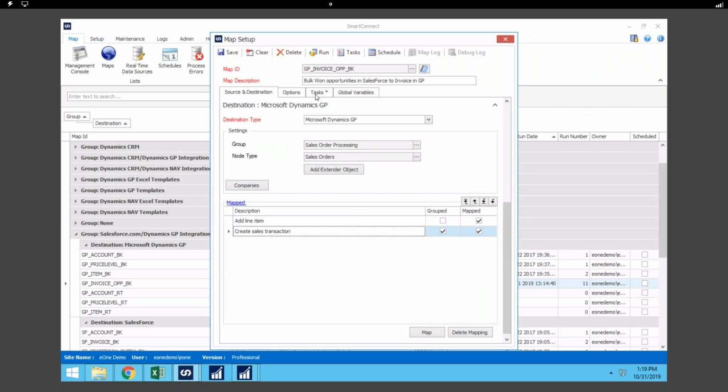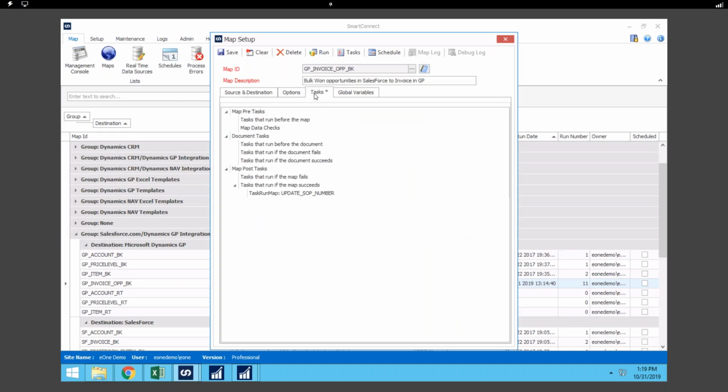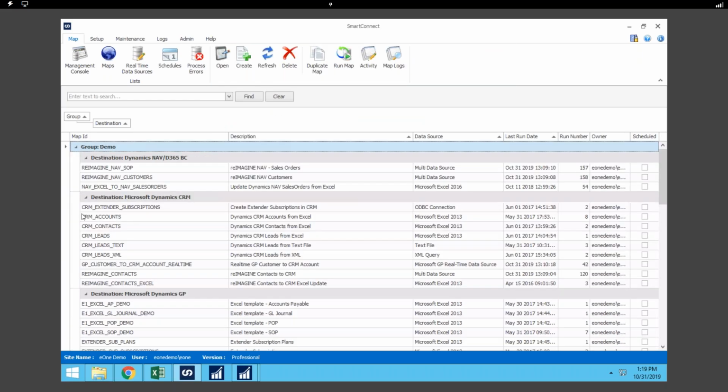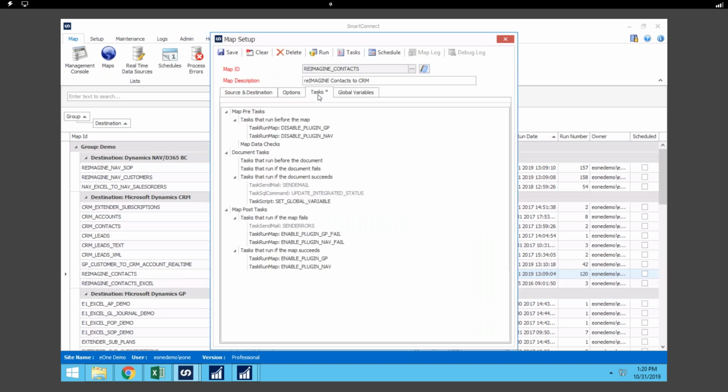All right, from there, we've also got one of the next powerful pieces, and I'm actually going to pull open a different map briefly because I know it's got some cool examples in it. One of the next biggest pieces within an individual integration that I like to touch on is the tasks side of things. This gives you a lot more flexibility. You've got the ability to chain different maps together to process different files, run different scripting, or even bring emails in as certain stages or elements of the integration are complete. So for example, on success or failure,